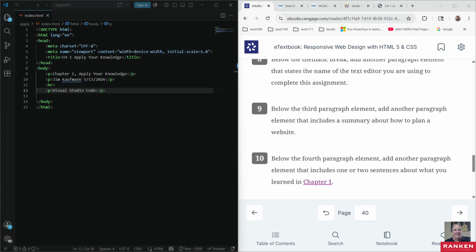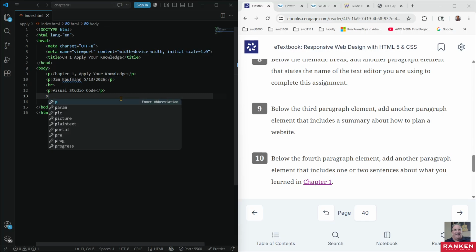Before you begin coding a website, you must first create a wireframe and a sitemap. You should, probably must, but okay. So I'm going to go ahead and put a P tag here. Hit tab, and then I'm going to